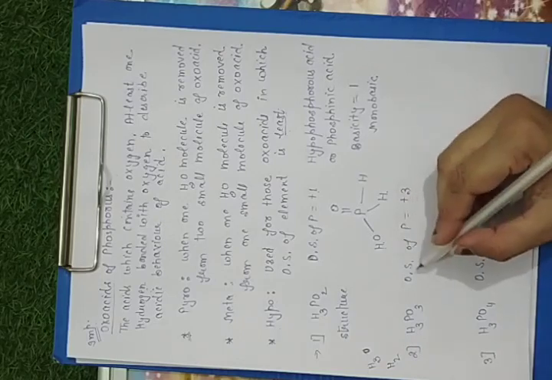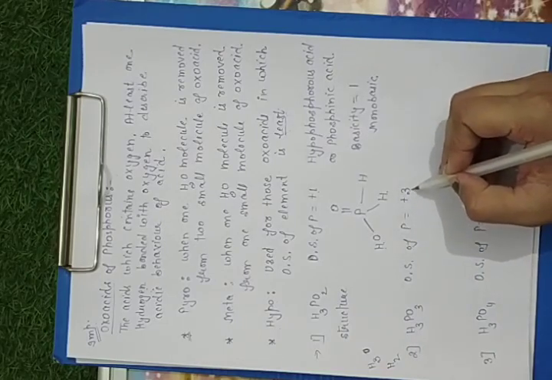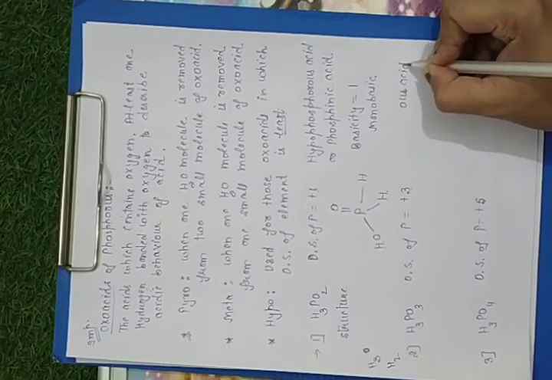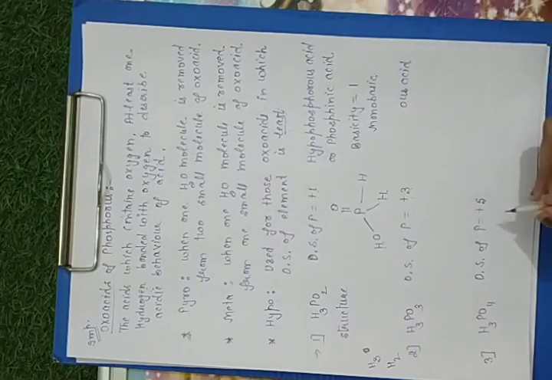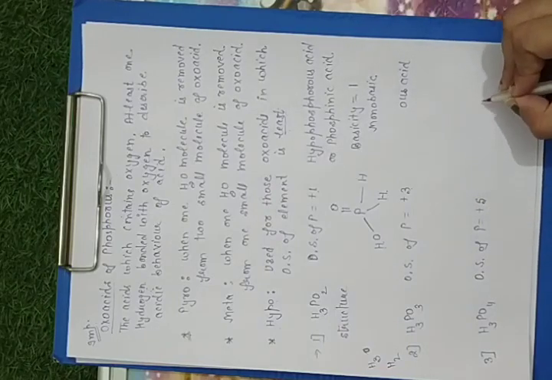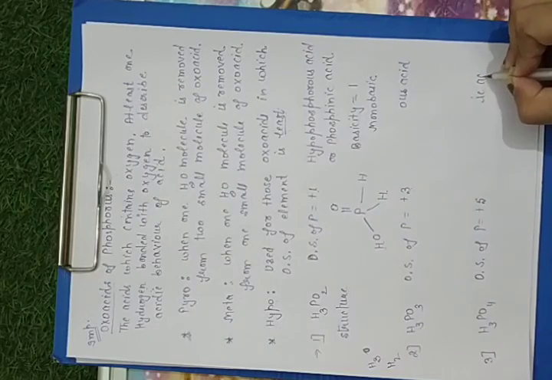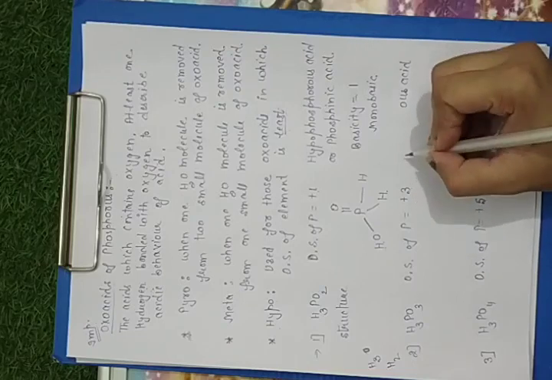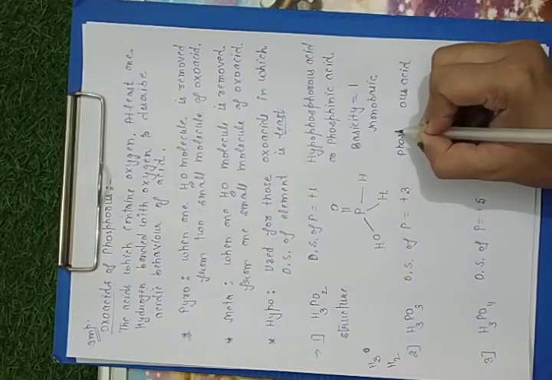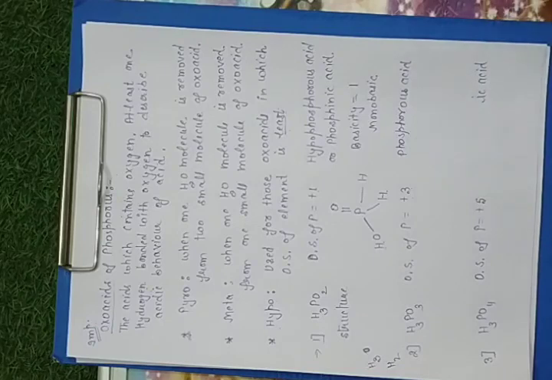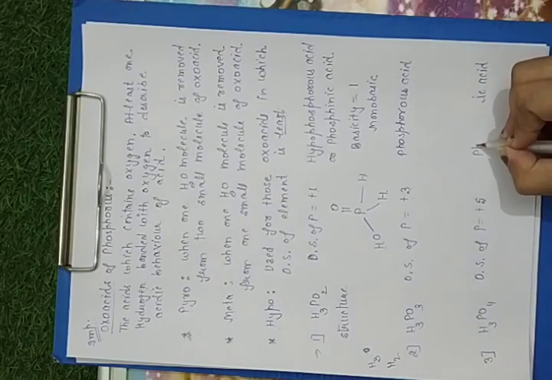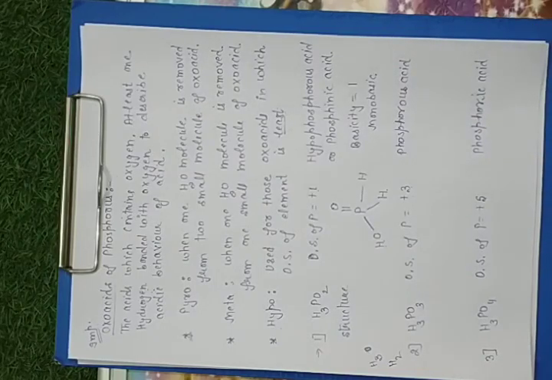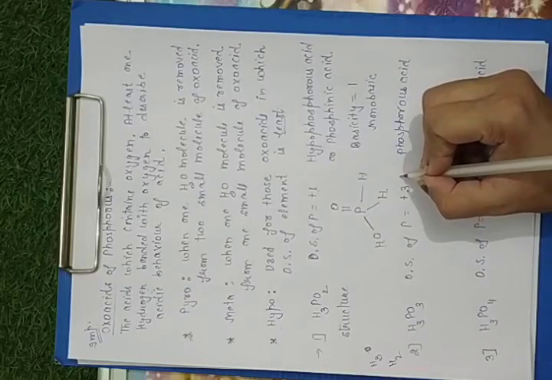So when phosphorus in these oxoacids has the lower oxidation state, the acid ends with ous acid, and if phosphorus shows a higher oxidation state, then it ends with ic acid. So names are, it is called phosphorus acid and it is called phosphoric acid. They may be started with ortho,